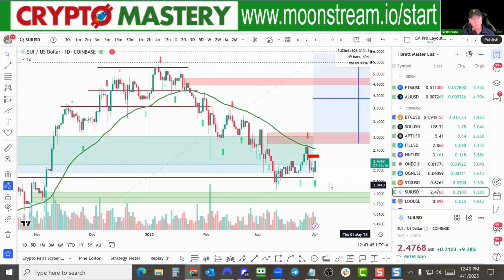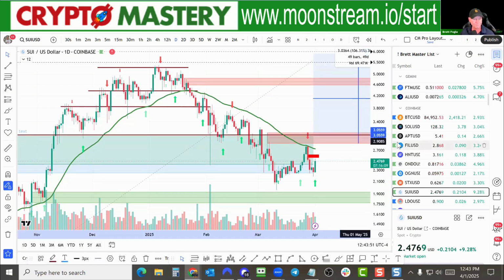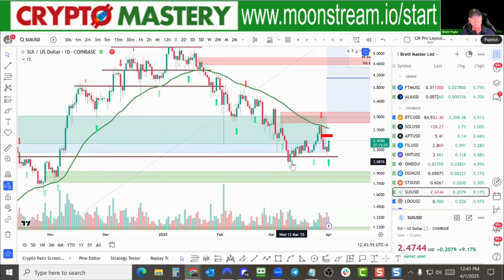SUI's up nicely, nearly 10%. See a nice bullish engulfing candle. And in ERI, when you see multiple ERIs in a row, by the way, it is a sign of strength. And one of the strategies that Joe was trying to teach me at one point,